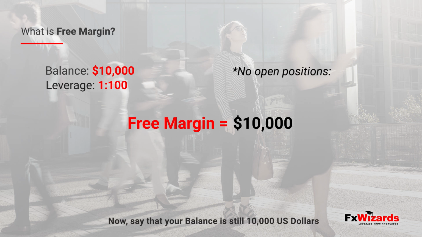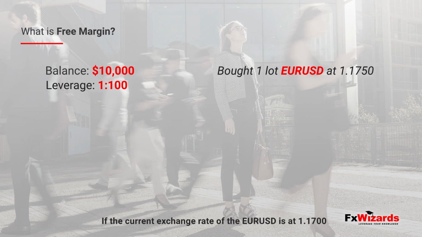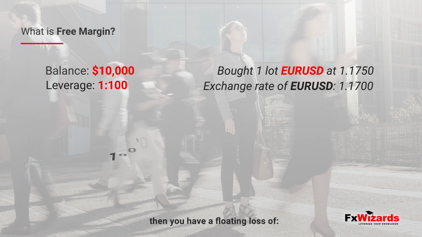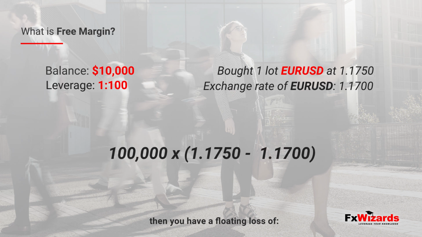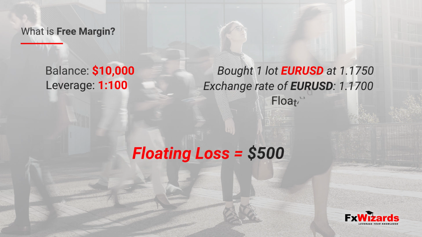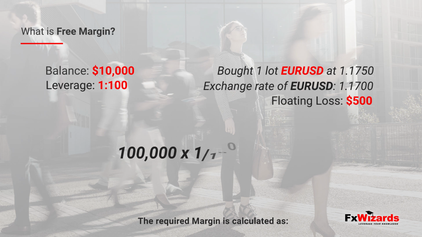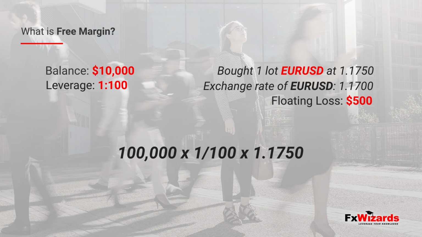Now say that your balance is still $10,000, but you also bought one lot of EUR/USD at 1.1750. If the current exchange rate of the EUR/USD declines to 1.17, then you have a floating loss of 100,000 times 0.005, which equals $500. The required margin is calculated as 100,000 times 1/100 times 1.1750, which equals